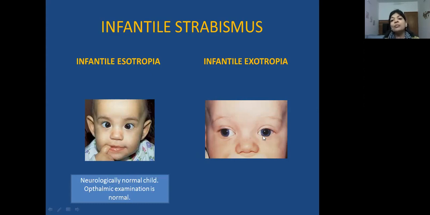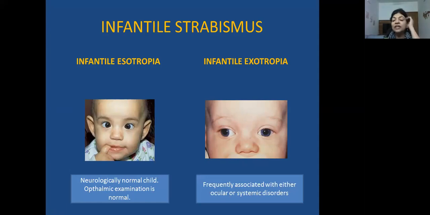But if you have an infantile exotropia, if there is no family history of either of the parents having a squint, a lot of these kids would have ocular abnormalities. So you're looking at things like either an intraocular tumor like retinoblastoma, or a cataract which is causing the child to have an infantile exotropia. Or if when you examine the eyes, nothing is found, then a lot of these kids have neurological abnormalities, and that's why it's mandatory that if you see a kid with an infantile exotropia with no family history and eye examination being normal, we advise parents to get neuroimaging done for these babies.